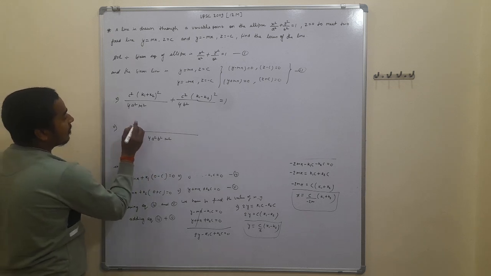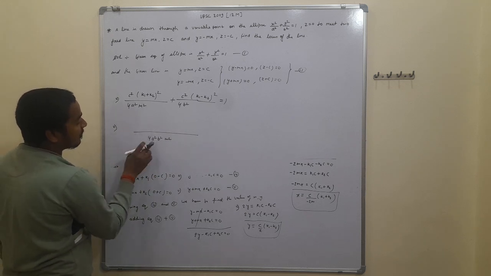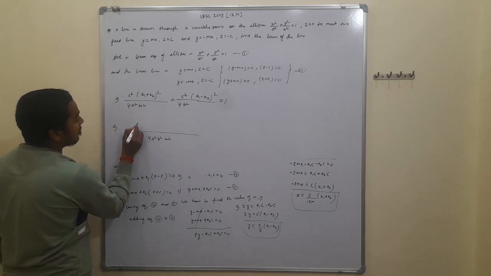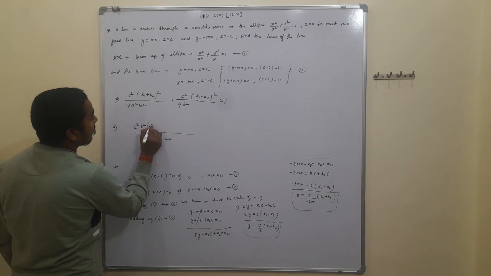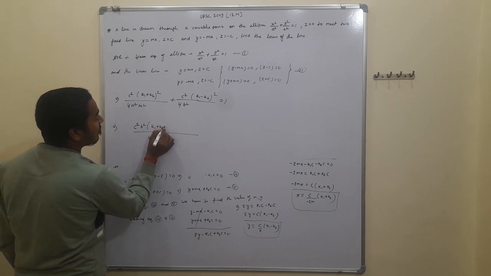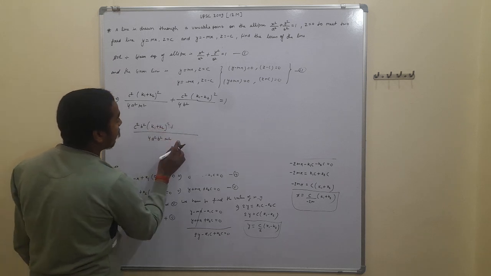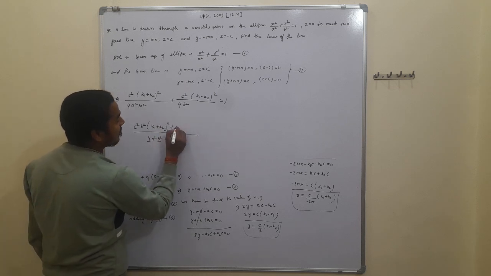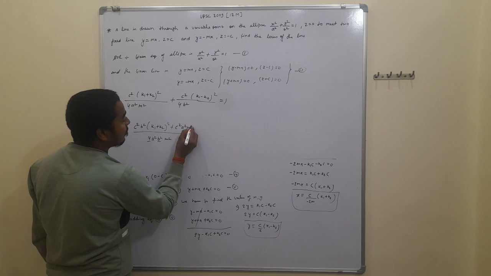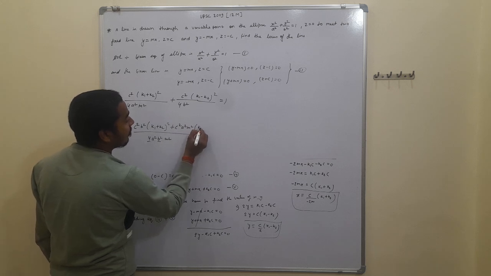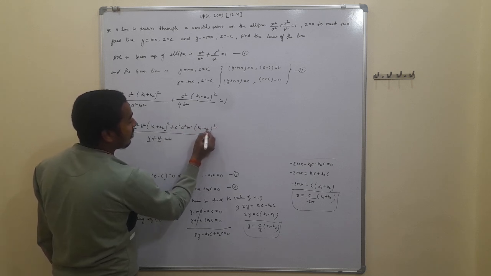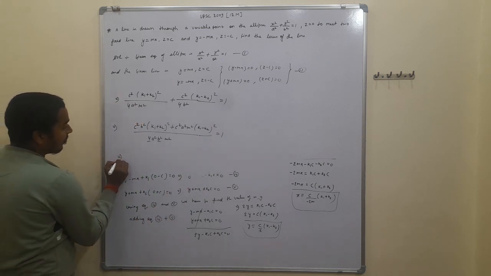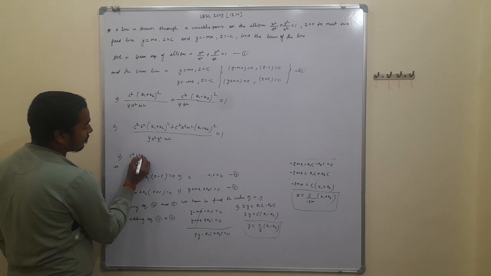From here, 4a square m square is present, that is b square is not present, so we have to multiply with b square, that is c square into b square and k1 plus k2 whole square, plus here 4b square is present, so we have to multiply with a square m square, that is c square a square into m square k1 minus k2 whole square is equal to 1. Further we have to write, that is c square into b square